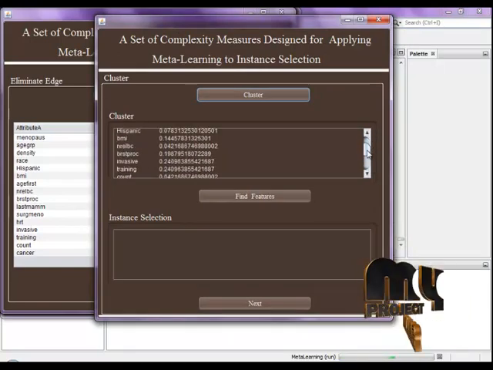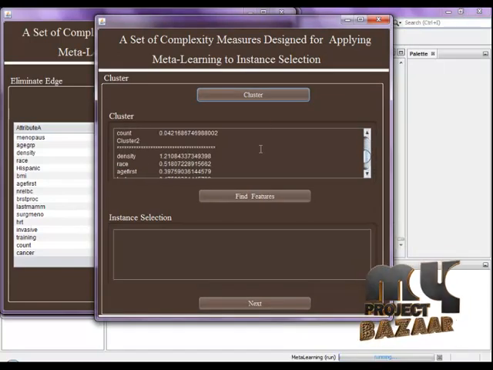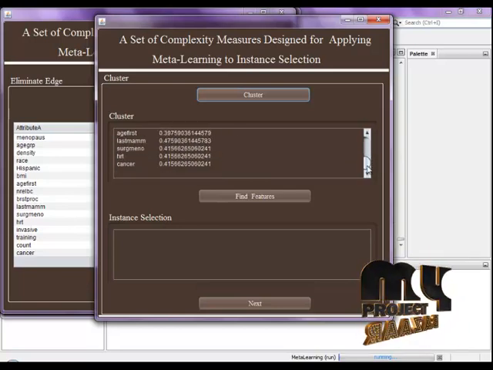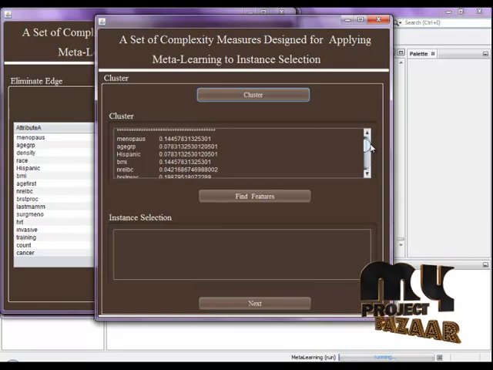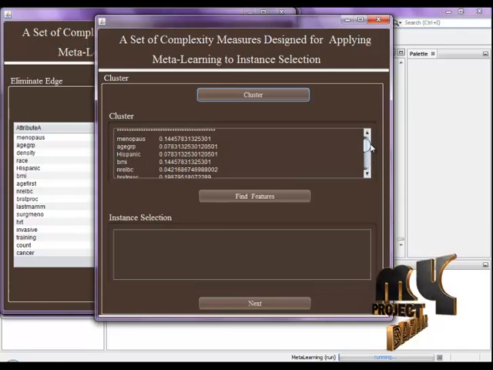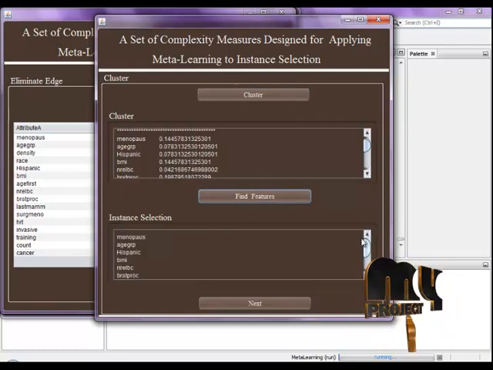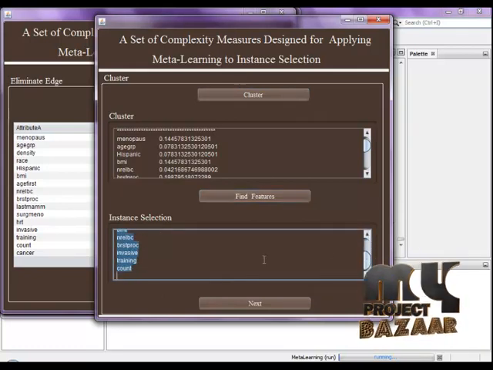So this is cluster 1 and then cluster 2. These clusters are used for instance selection. So we find the features. These feature values are these attributes.